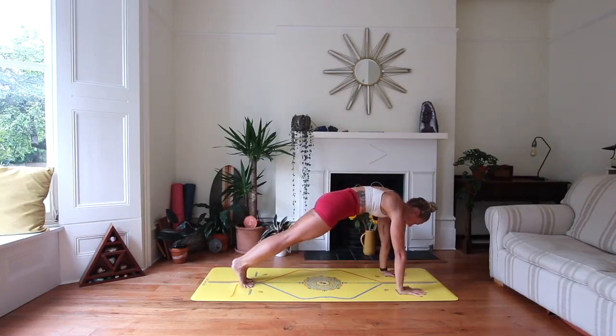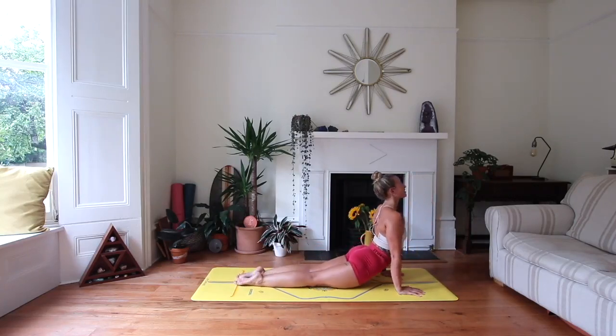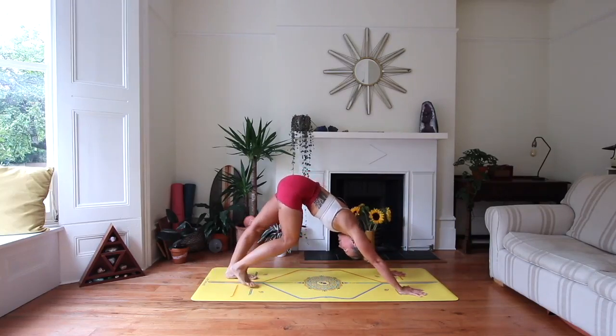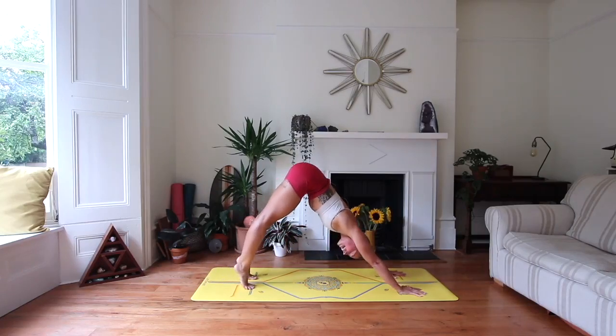Step it back to a plank. Vinyasa your way all the way through. Meeting back in a downward facing dog. Well done. Beautiful. Now from here, either take a rest if you need it, or you're going to take 5